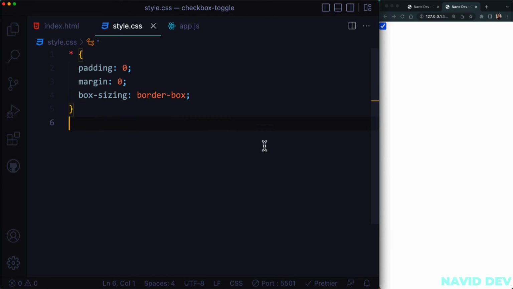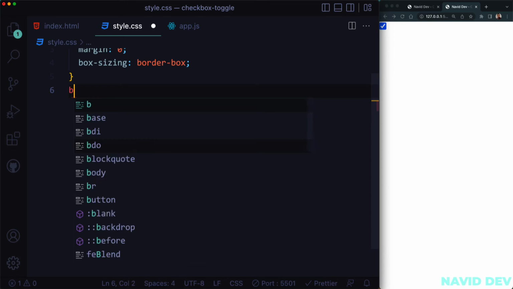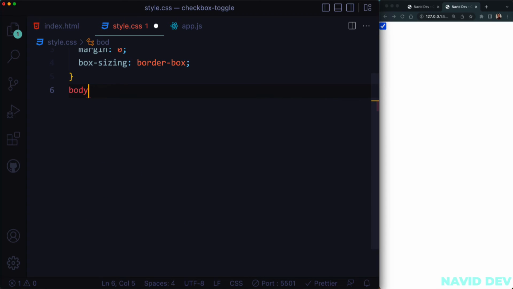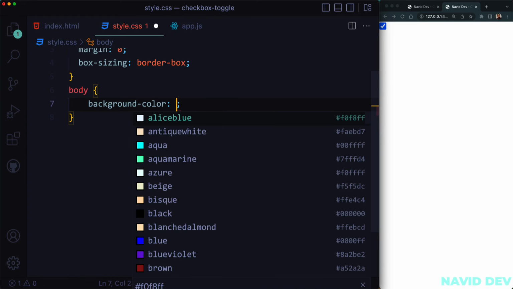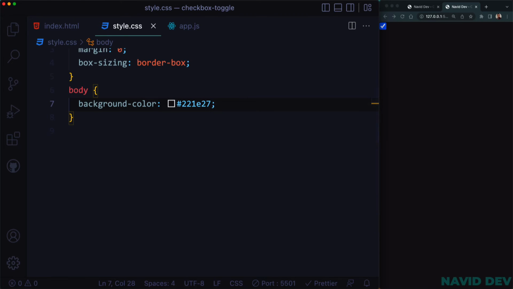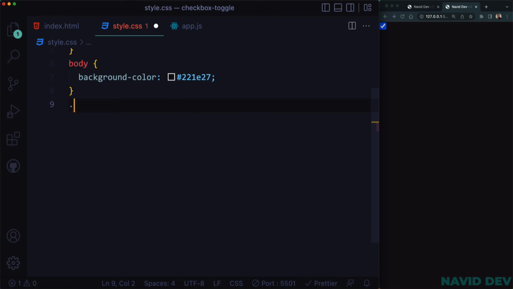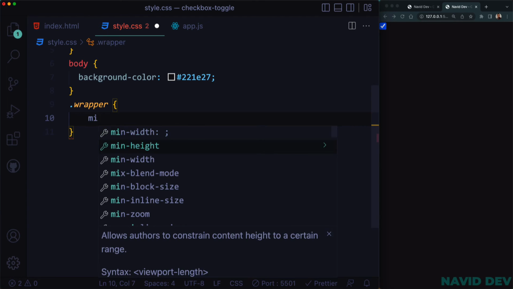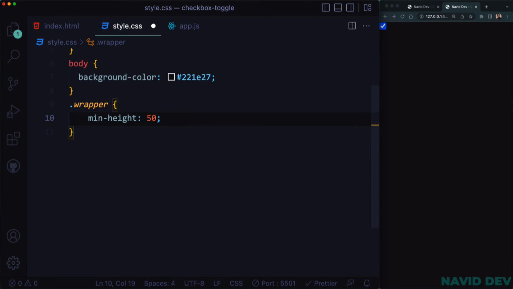Okay, after that I just want to add a background color to my body tag, so in here I say background color should be this color. Okay, and it's time to add some style to our wrapper div, and I say min-height equals to 50